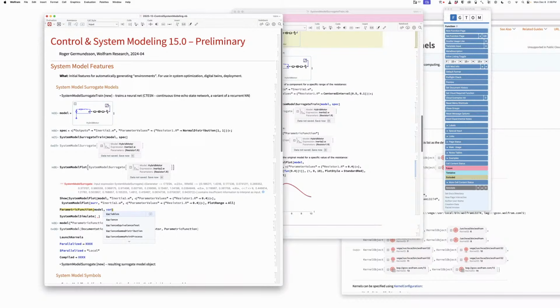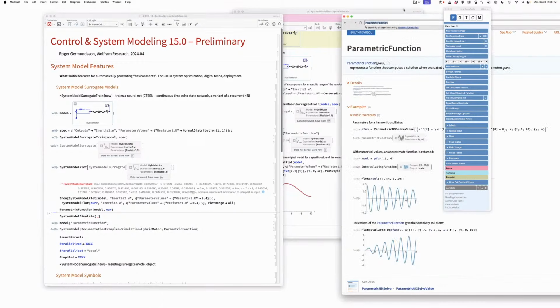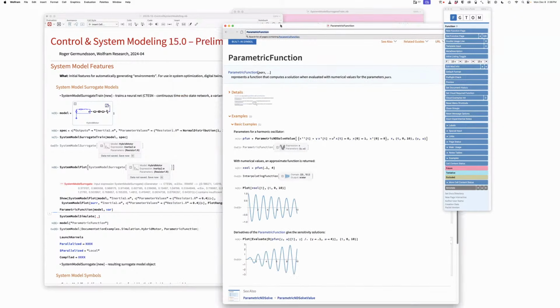No. Parametric function has its own world. Let's get rid of parametric functions to just not have this discussion. Well, no, let's document the function, restrict the functionality and not get there. Oh yeah, this is a completely different thing. Right. Yeah, this is a different thing. Being able to get a parametric function out of a system model or a surrogate system model seems useful, but